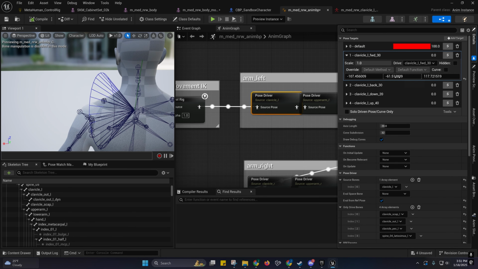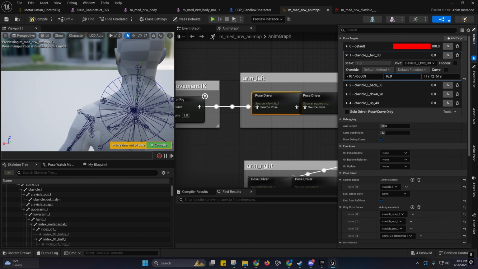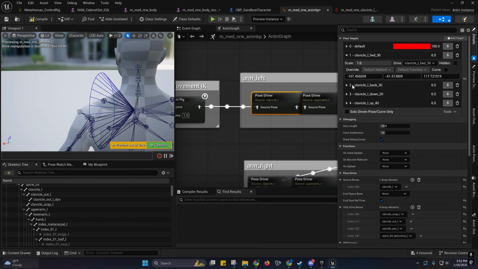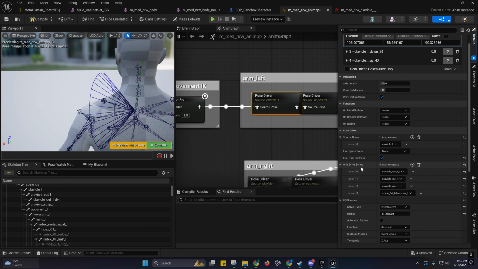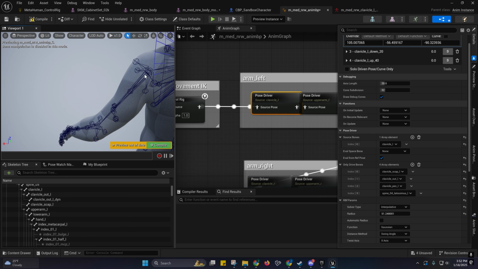There we go. Yeah, so anyway, let me just copy this and then I'll show you. You'll see that we can rotate it around that. And the scale, I think the scale is context sensitive, so in some cases the scale can actually make the cones themselves smaller. At least I've seen that before. But for our general setup, what we're doing is we're going to be driving these corrective